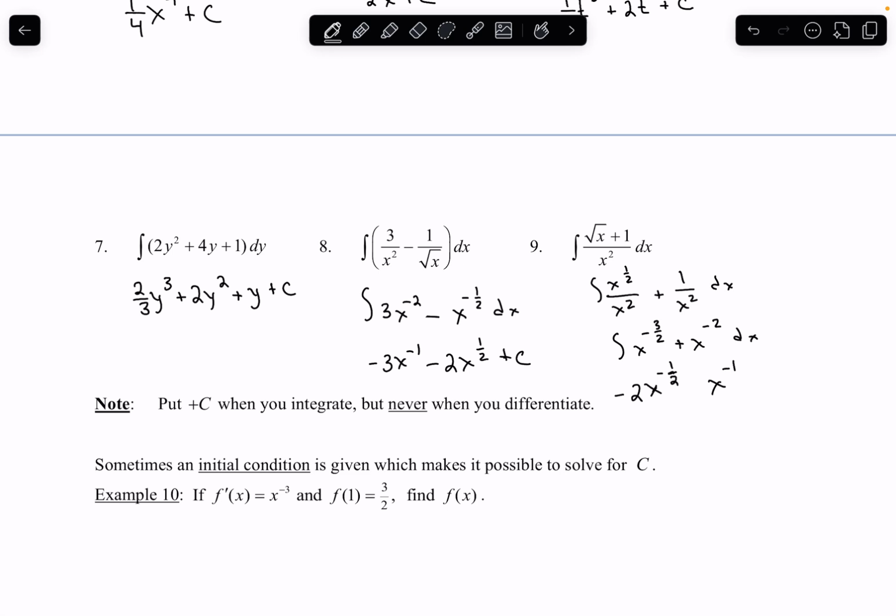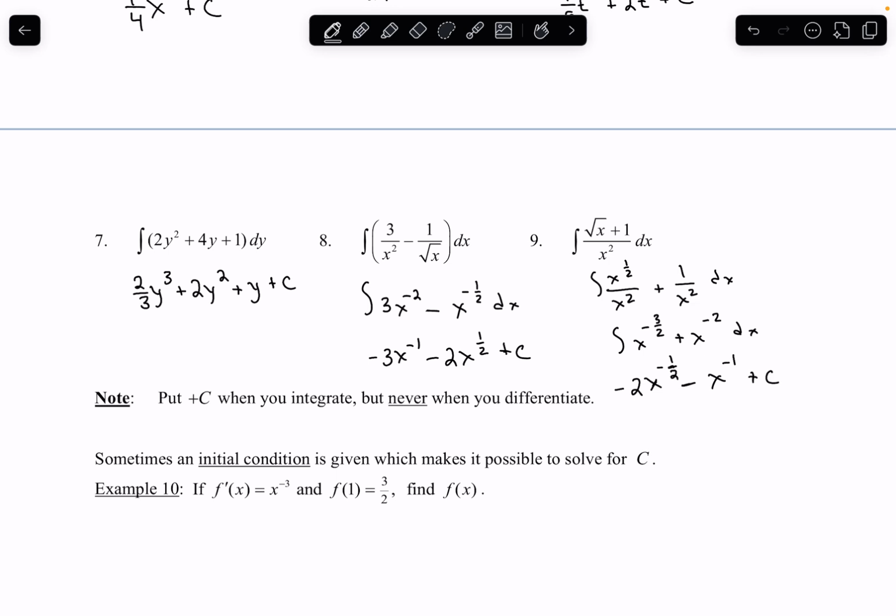And then I have to divide by negative 1. So I get a negative out in front of this, and I get a plus c at the back. Now, if you're ever not sure if you did it correctly, just take the derivative. If I wanted to double check my work, then I could say, all right, what's the derivative of this function